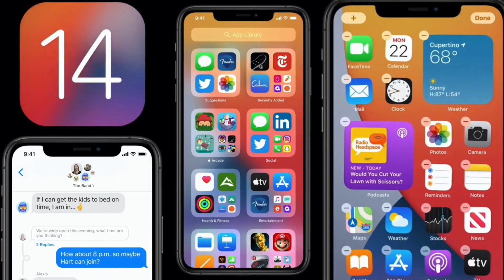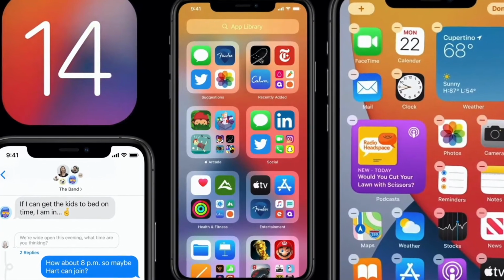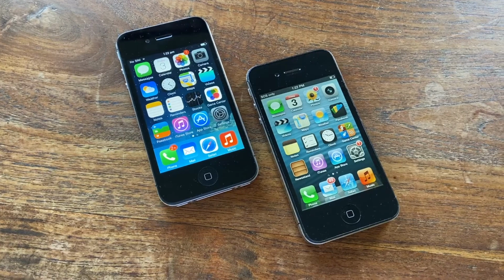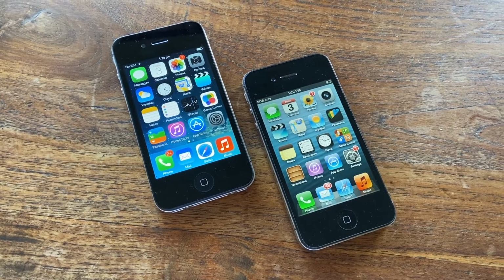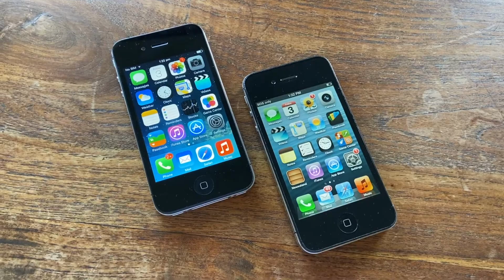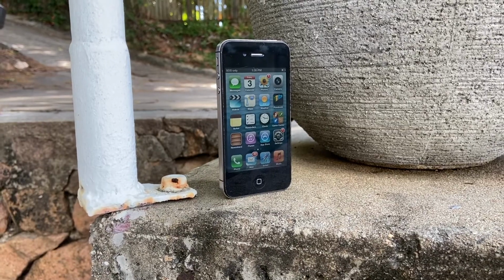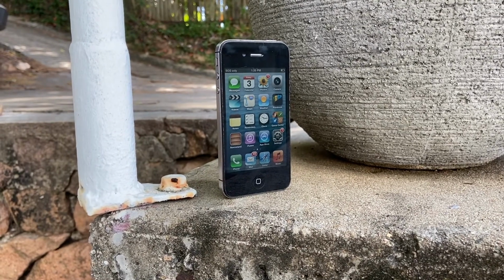Announcement of iOS 14 taking place just a few weeks ago, it's always nice to look back and see how far we've come. Apple's mobile operating system hasn't always been the colourful, cartoon-style interface that it is now, and up until late 2013 it was vastly different from what we see today. iOS 6 is one of the most iconic versions of Apple software, and also one of the last remnants of